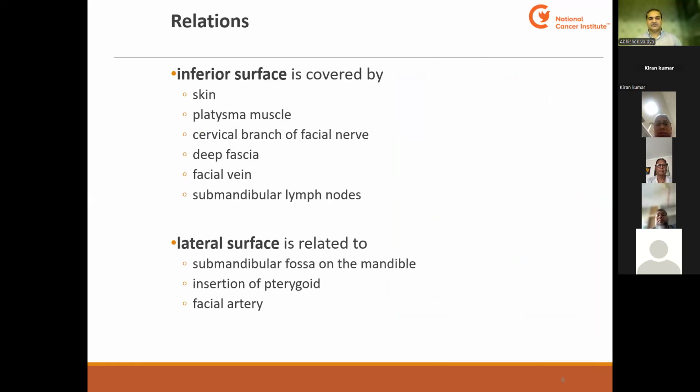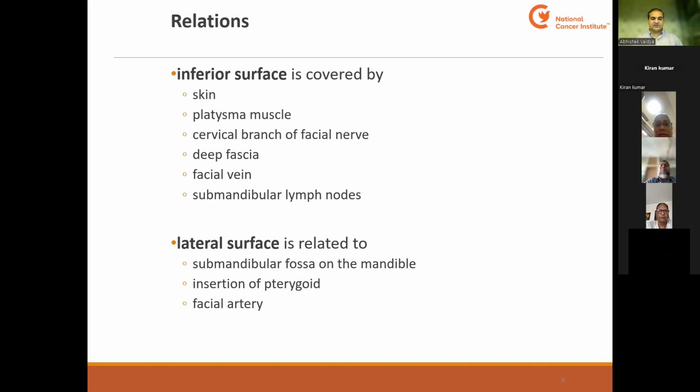Now, once again, relations. As I said, this once again is about the superficial lobe. There are inferior and lateral surfaces and the medial surface. The inferior surface is covered by the skin, platysma muscle, cervical branch of the facial nerve, deep fascia, facial vein, and the submandibular lymph nodes. And the submandibular lymph nodes will be the perifacial nodes, or the nodes associated with the gland. So they will be in contact with the inferior surface as well as at the superficial aspect of the